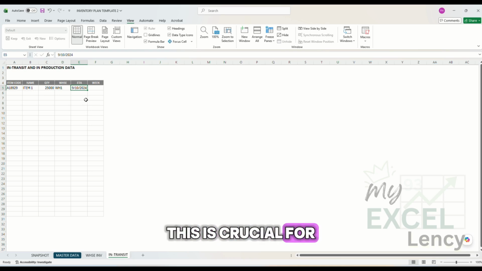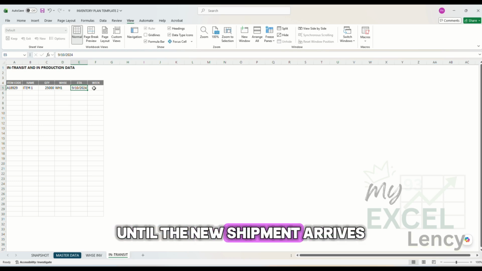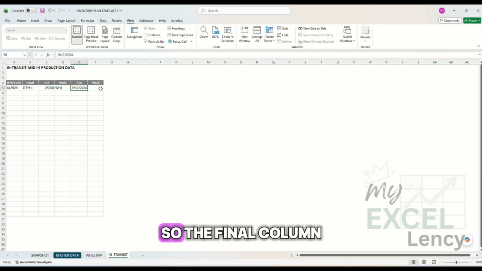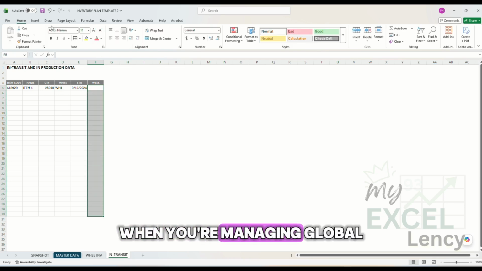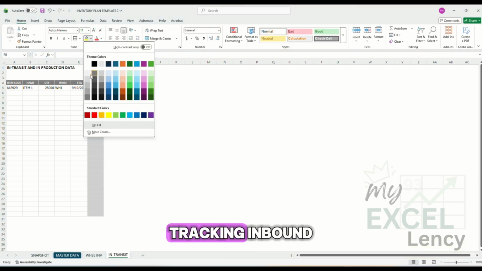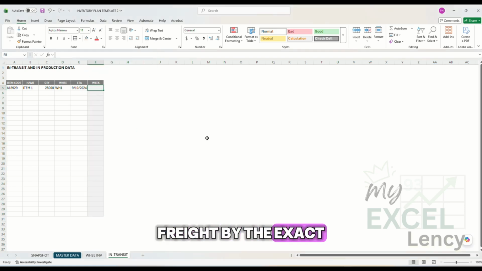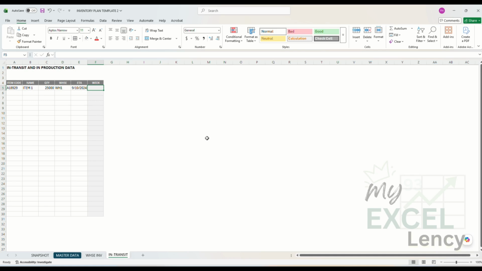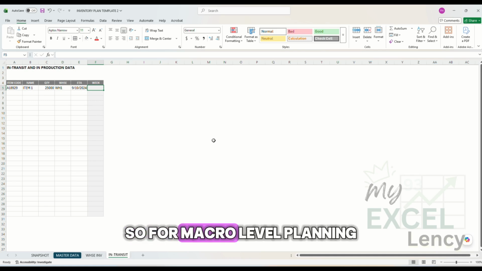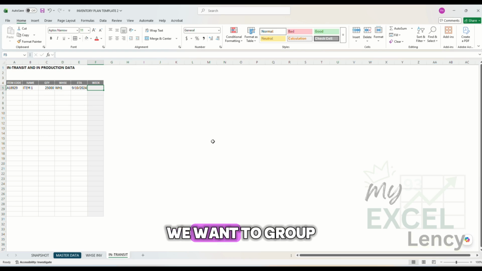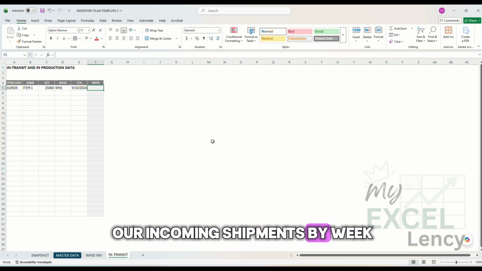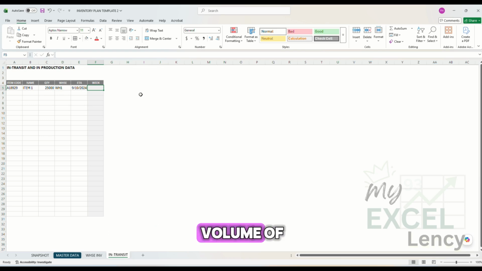This is crucial for calculating if your current lease of supply will last until the new shipment arrives. So the final column is the week. When you're managing global supply chains, tracking inbound shipments by the exact date can create too much noise on your reports, especially if you're ordering many inventories. For macro-level planning, we want to group our incoming shipments by week, so this minimizes the volume of data